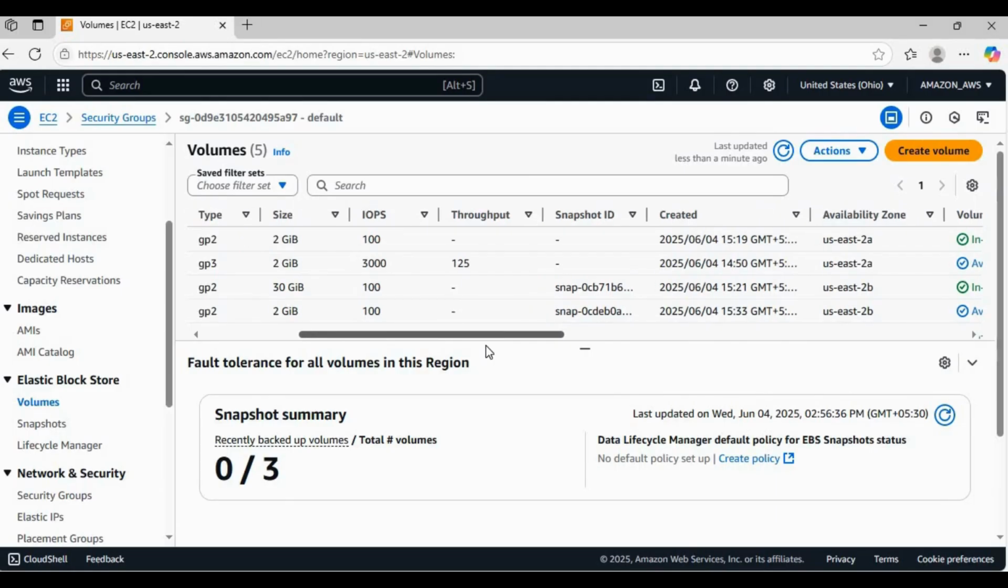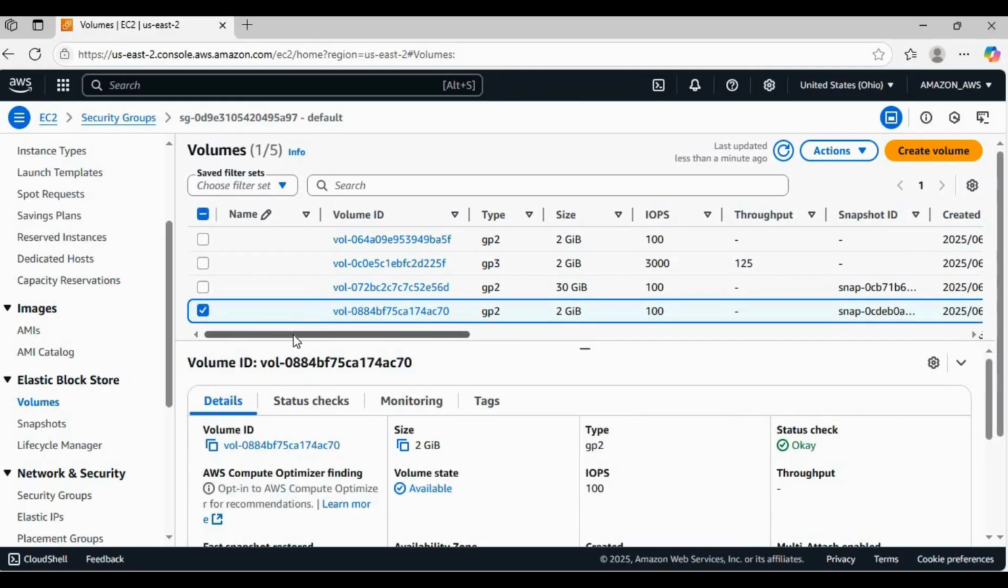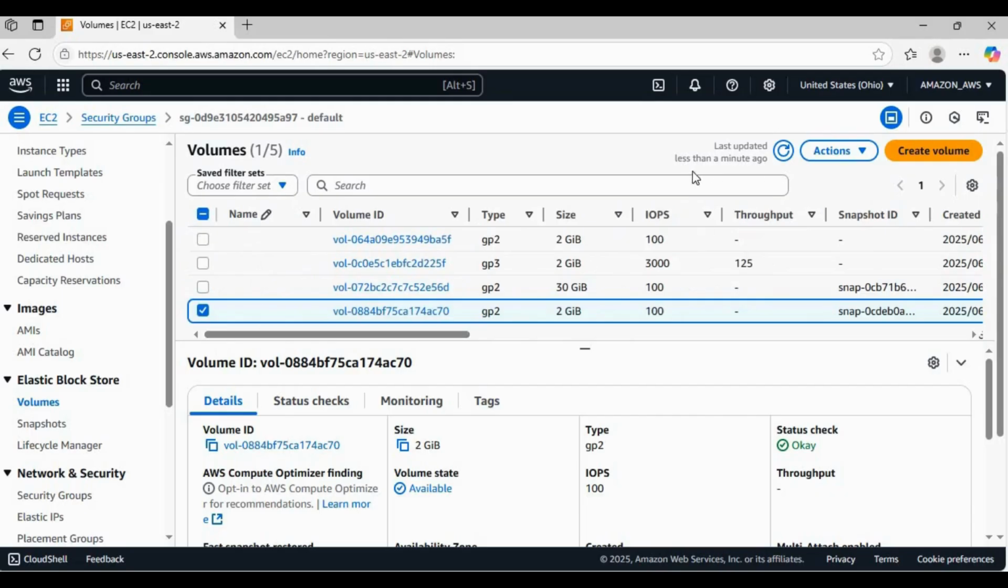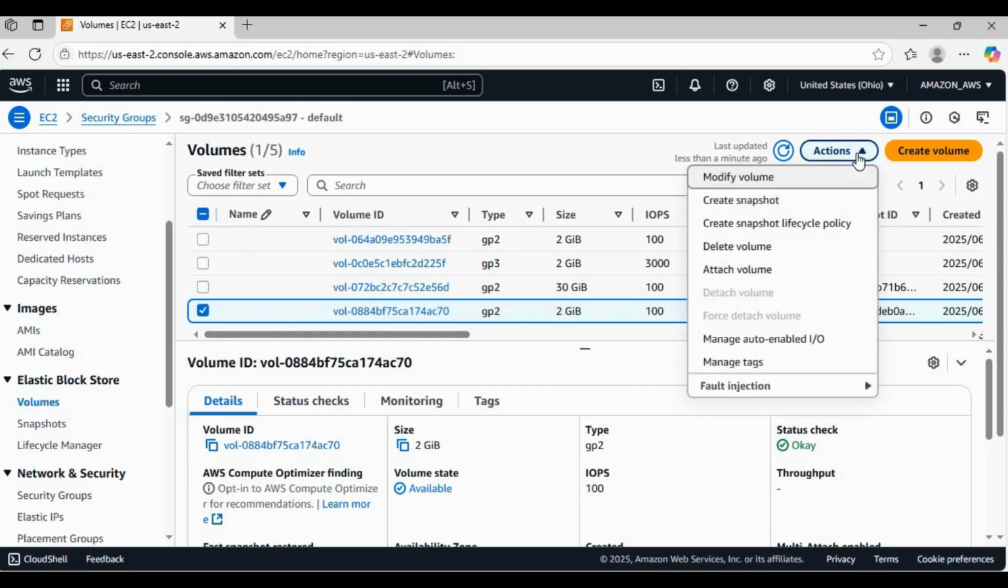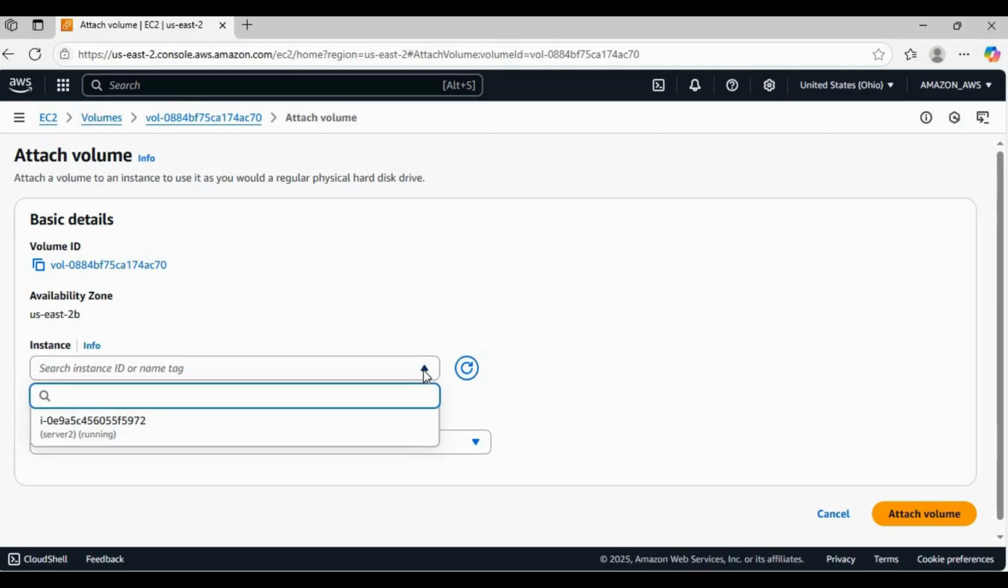So we have to select the volume which is being added now, which is in 2B, which is available for us. Go to actions, go ahead with attach volume. Now choose the instance to which the volume has to get attached to, which is the server 2,